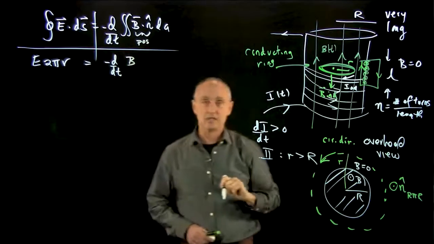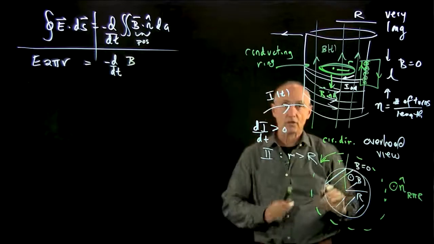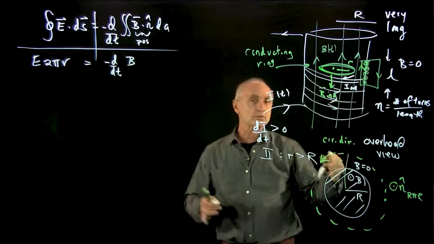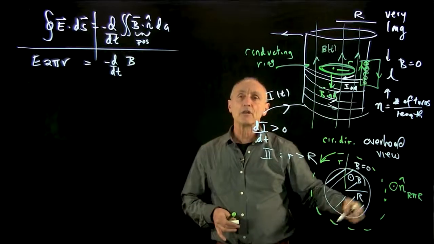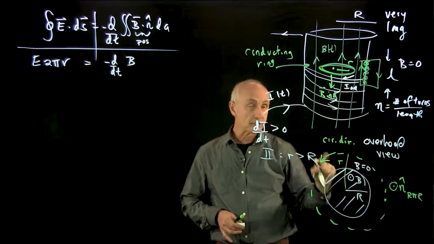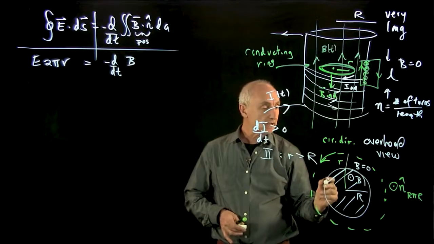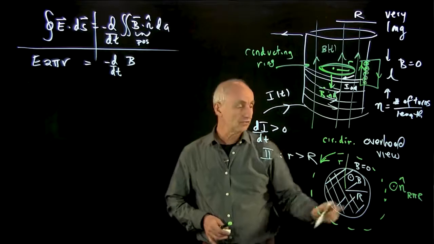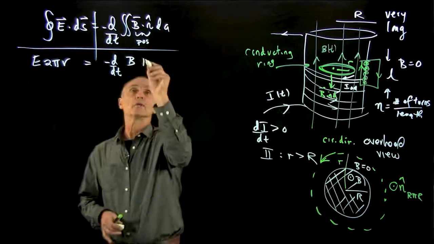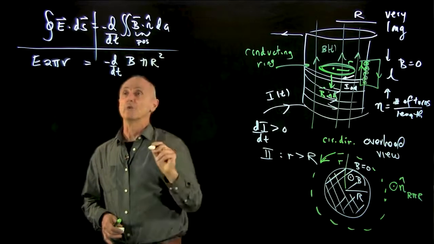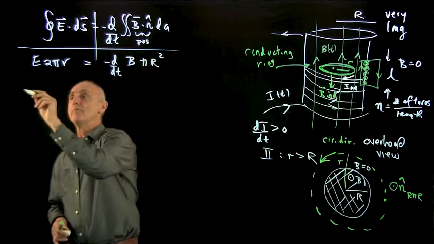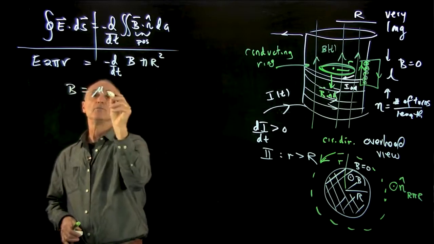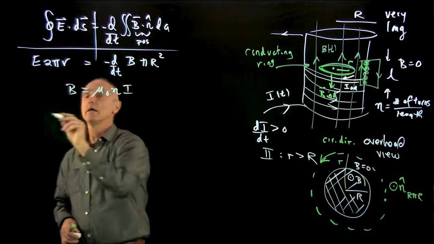Now here's the key thing. What is the area where there's flux? Naively, you might just say, oh, it's the area of the Faradayan loop, pi r, little r squared, but it's not, because the magnetic flux is only in the region where there's non-zero magnetic field, and so that's why it's pi capital R squared. And remember, from Ampere's law, we know that B is mu naught n I, and so